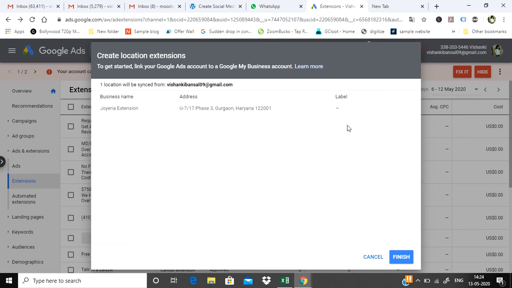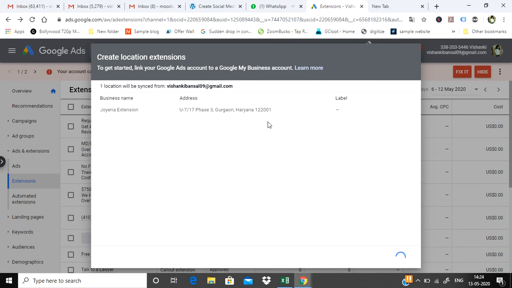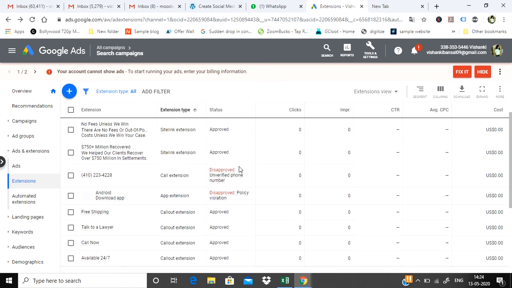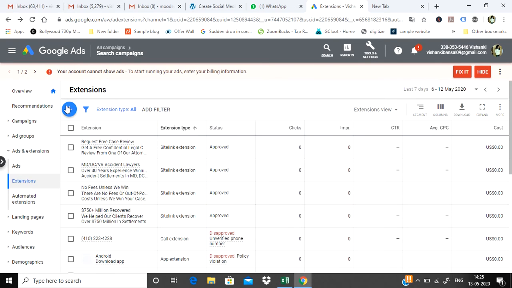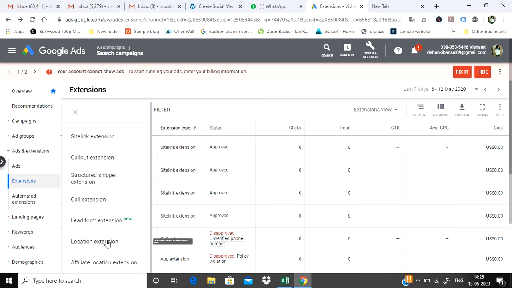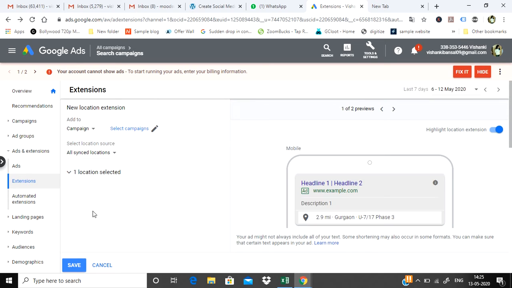So you see it will create a location extension with my address. So guys, this was some old business name and the old address, so it is picking up the same one. Now I'm going to filter the location extension to show you.